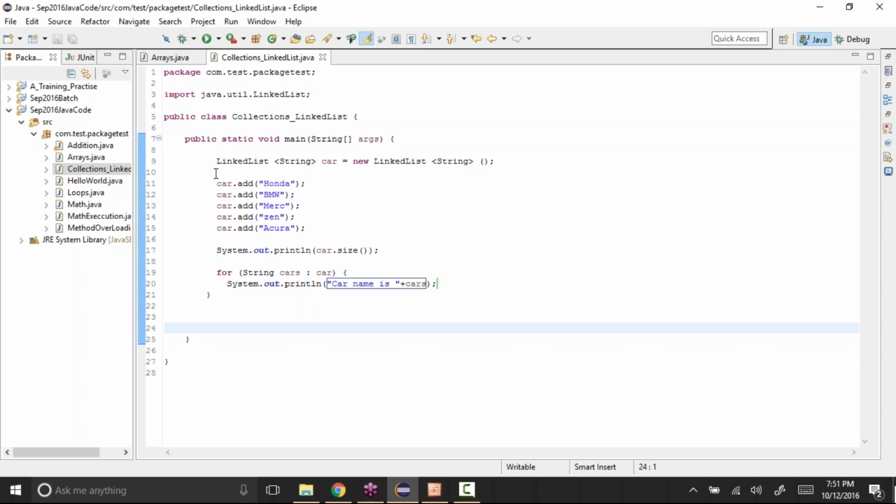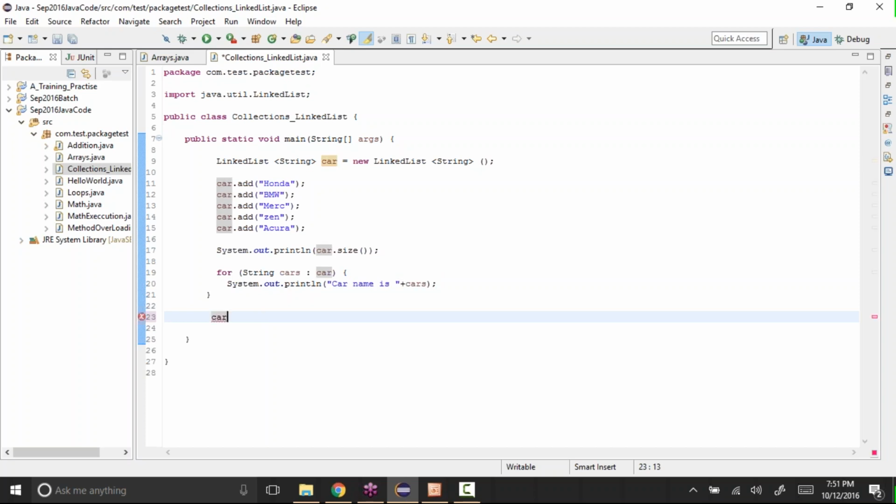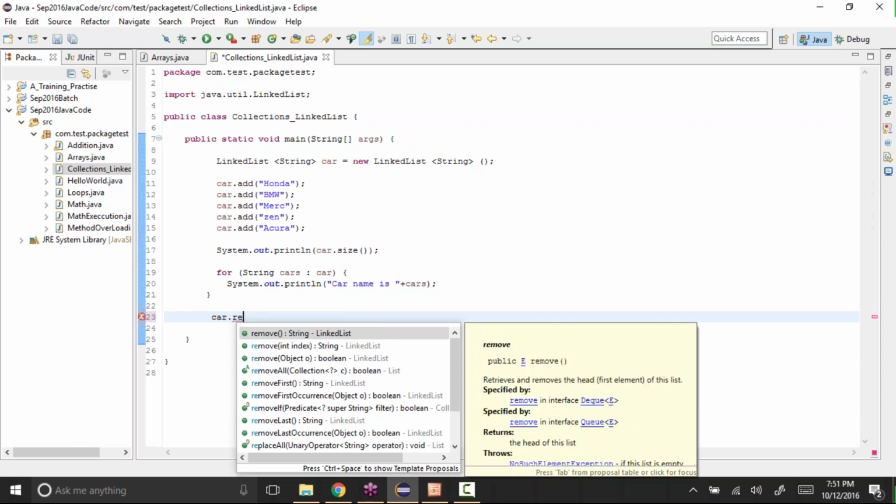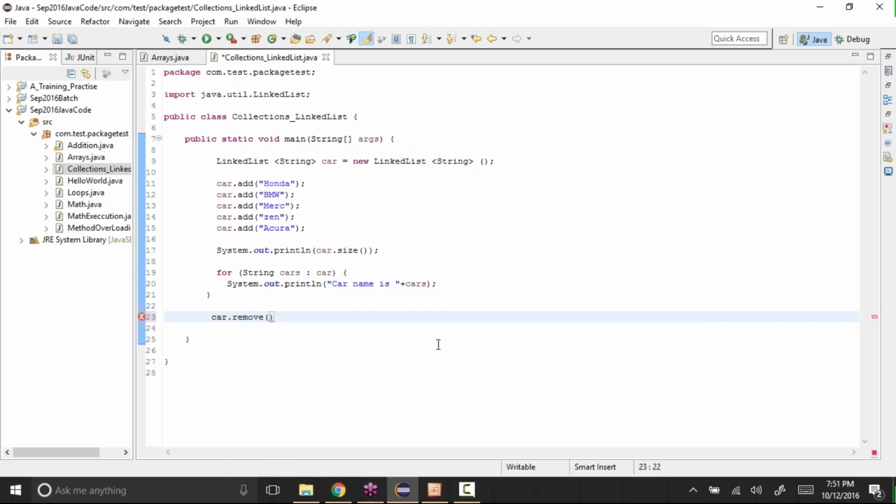Okay, so in both of them we only saw how to add values. We can also delete values. How to delete is, we can remove the values from it: car.remove, and inside you need to give which value you want to remove. So let's say I'll say 0 and close it. That means I'm removing the 0th location, whatever the value, which is Honda. Instead, let's say I want to remove 1.